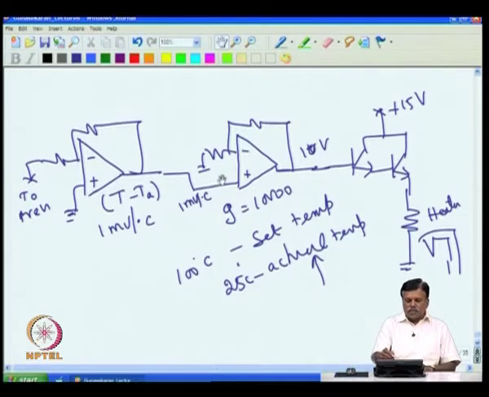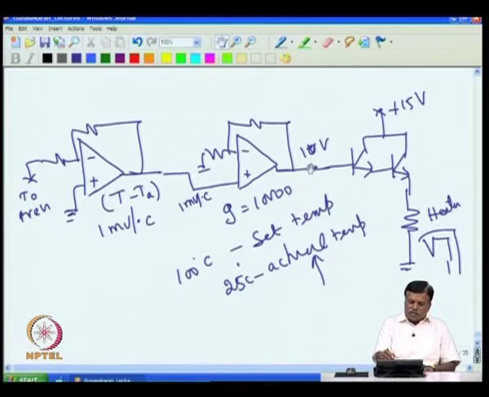Then 10 millivolt corresponds to 100 volt here. But when the difference comes to 1 degree, then it comes to 10 volt. When the difference comes to 0.5 degree here, then you will get 0.5 millivolt, and that will make this one go to 5 volt. That means as the heater heats up, the temperature is rising, and this voltage comes down, then this voltage also comes down. So it will be, if you give high gain,